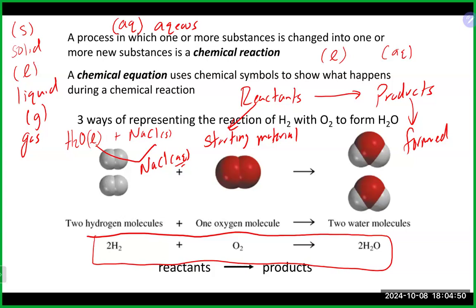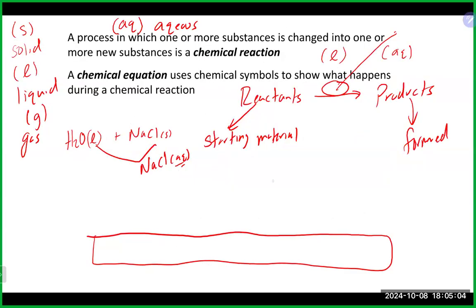Other things that we obviously will see sometimes in reactions as well is up on the arrow here. Up on the arrow, we'll sometimes see things written. So a couple of things that we may see there written on the arrow. We may see a delta symbol, and that delta symbol on top of the arrow usually means heat. We also will sometimes see up on top of the arrow a catalyst, and catalysts are